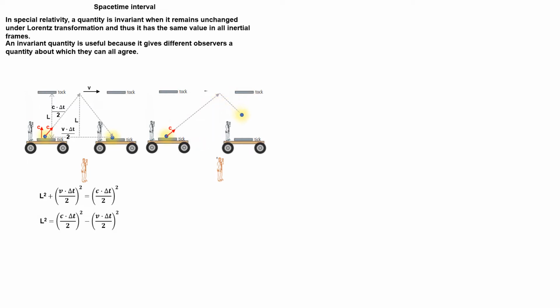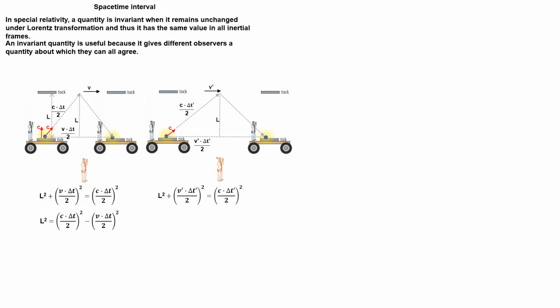Applying Pythagoras' theorem again gives the following result. We now can equate these equations, and after replacing v times delta t by delta x and simplifying, we obtain: